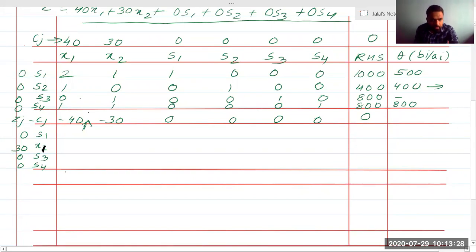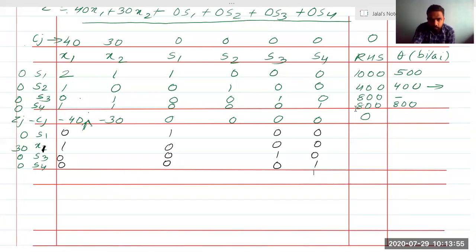So what we need to write is, we need to write the equation. So we will write S1 as 1, 0, 0, 0. Then we will write X1 as 0, 1, 0, 0. S3 as 0, 0, 1, 0. And S4 as 0, 0, 0, 1. Is someone writing in the chat box? 40 value. Who is asking 40 value? Okay. X1 will be 40. Okay, so sorry. X1 is equal to 40. Okay, I've changed that. Thank you.